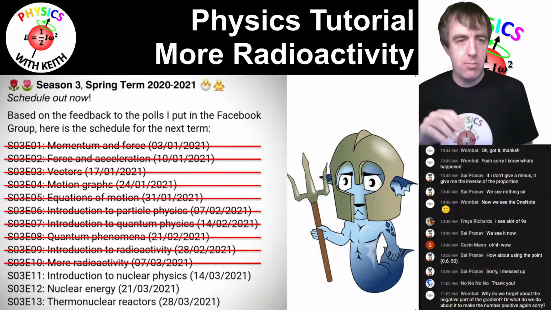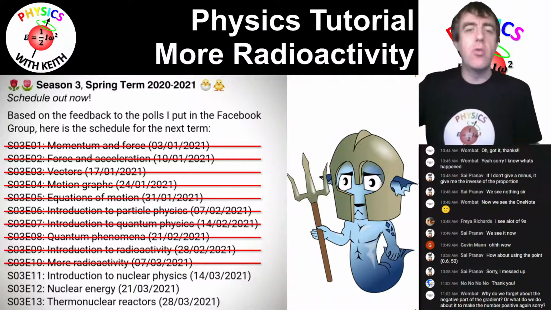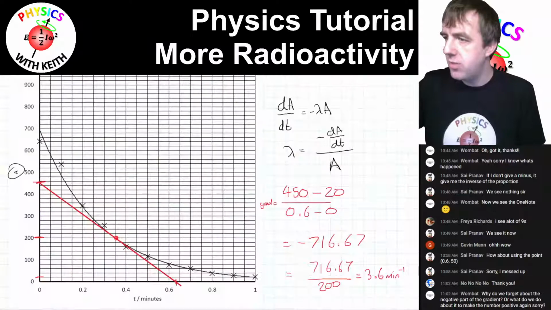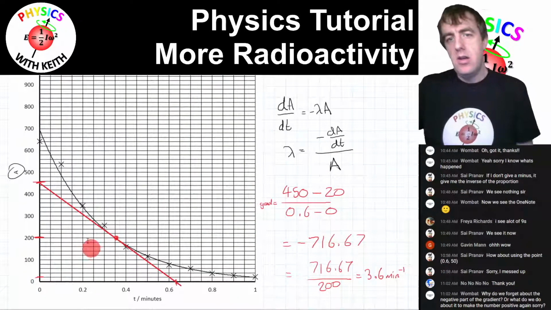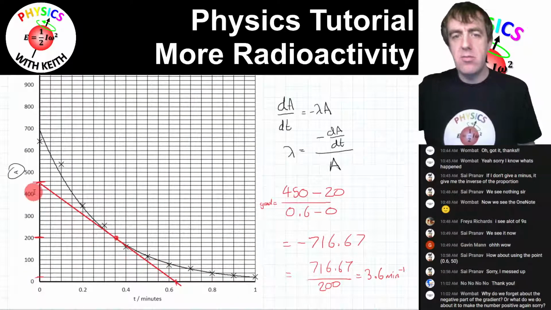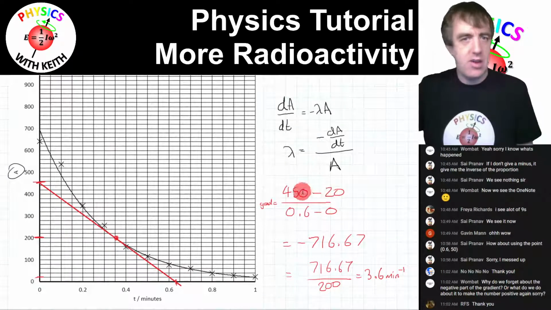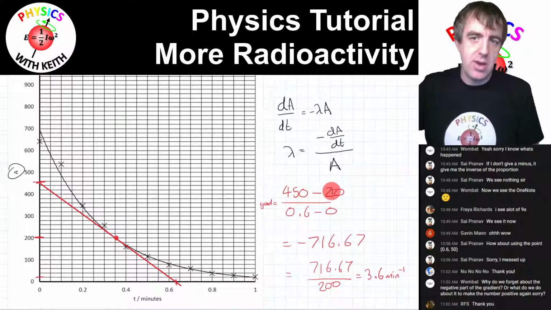We don't, Wombats. It's just I used the wrong numbers. Very, very foolish of me. Let's just switch back to that. The gradient is the final point minus the initial point, but I did initial point minus final point on the top here. So I messed up my numbers. This should be the other way around, which means it's minus. But remember, by this definition, I want minus the gradient anyway. And that's why,